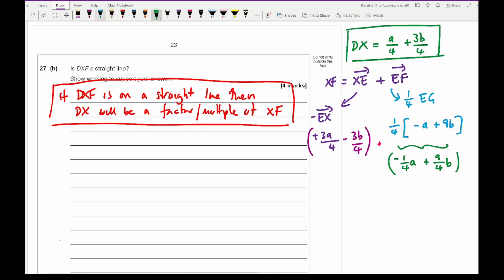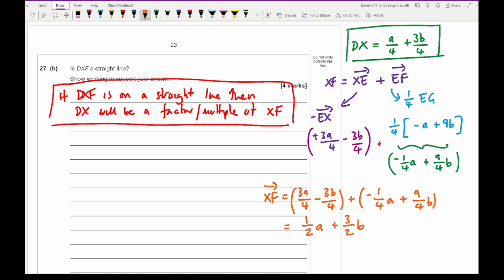Now I then need to add these two things together, in which I'm going to use colours, so like orange. So here then, what I've got is x to f is going to be equal to 3a over 4 minus 3b over 4 plus minus a quarter a plus 9 over 4b. Then if I neaten all of that up, I get an answer of a half a plus 3 over 2b. So that's what xf